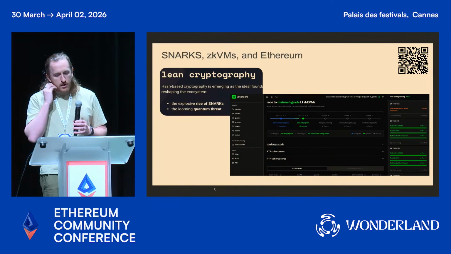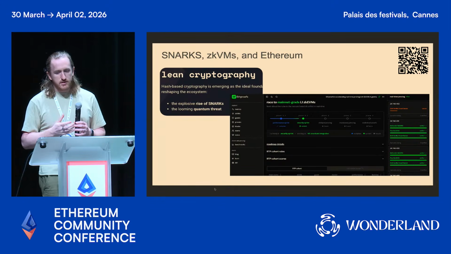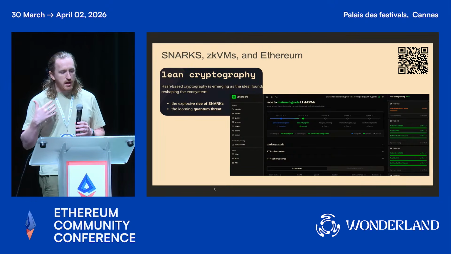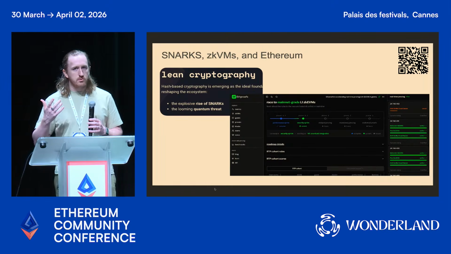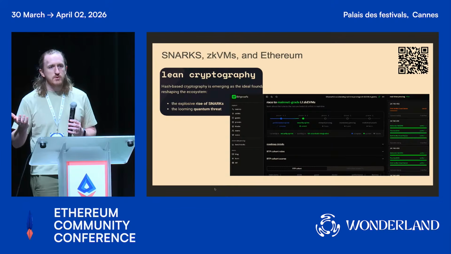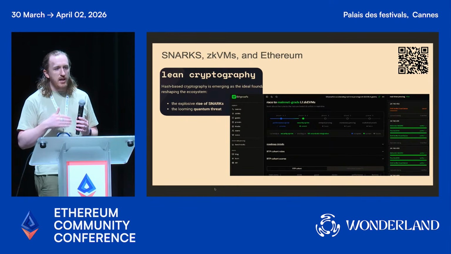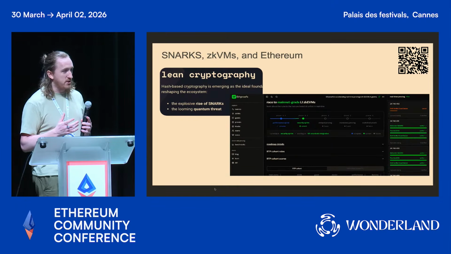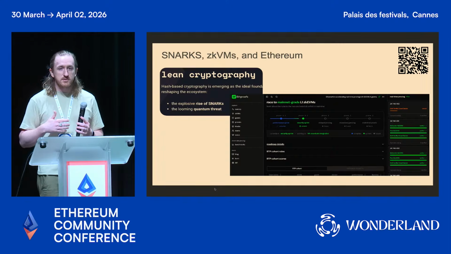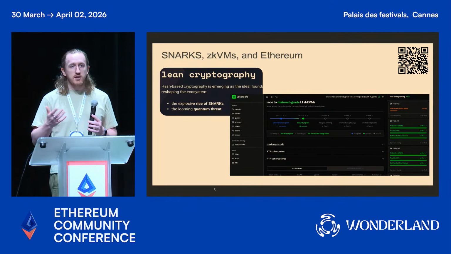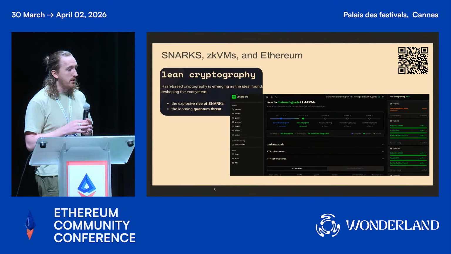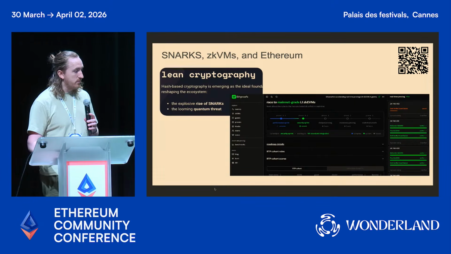What a SNARK does in practice in this case is that a client does not have to replay all of the transactions, but can instead accept a proof of correct execution, a proof that the updated state is the result of correctly applying the transactions in a block to the previous state.